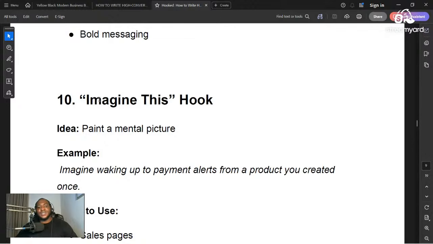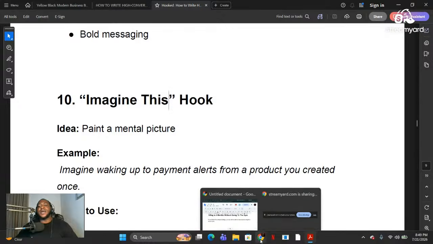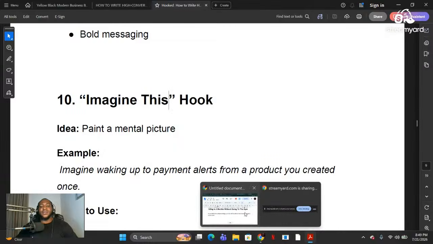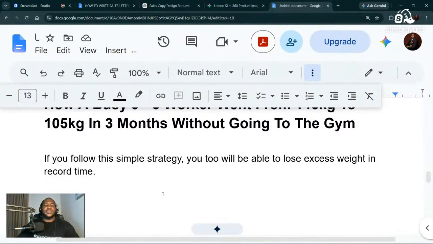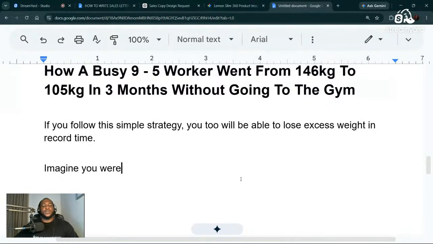Imagine this is going to transport the audience immediately to their desired goal. So you can just start by saying, "Imagine you were able to wear your clothes"